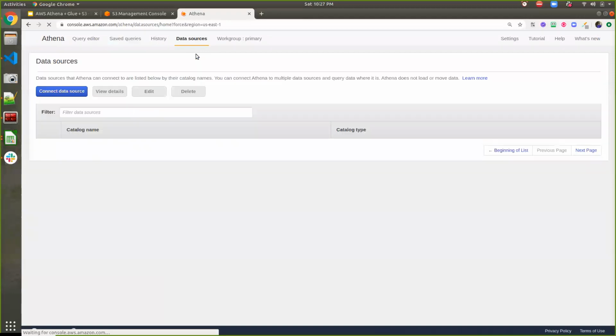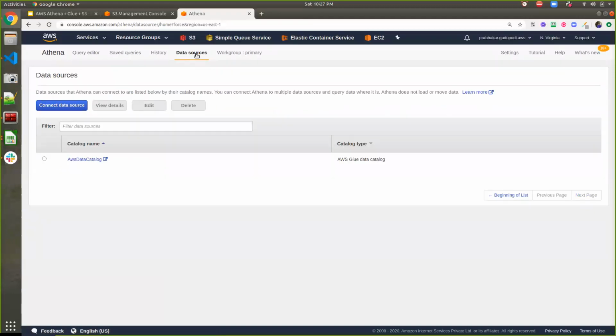At the same time, if you go to the data sources, there is another option also available inside a data store. Inside this data store, we can connect Athena. Here are the set of data stores we have connected. For example, I need to create only one Athena instance, and that can be pointed to multiple data sources, like one in S3 and one somewhere in DynamoDB. So I can list them down here.